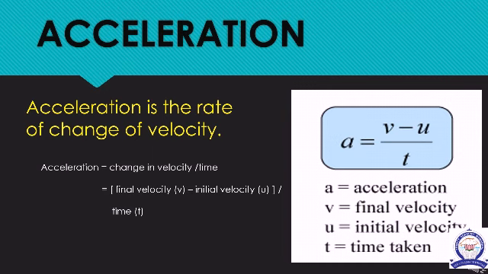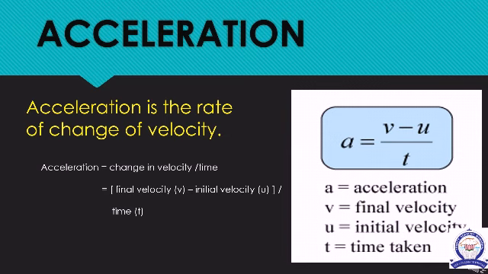It starts falling at 0 meters per second. At the end of the first second, the apple is moving at 9.8 meters per second. So the apple has accelerated. At the end of the second, the apple is moving down at 19.6 meters per second. So the apple has accelerated again.